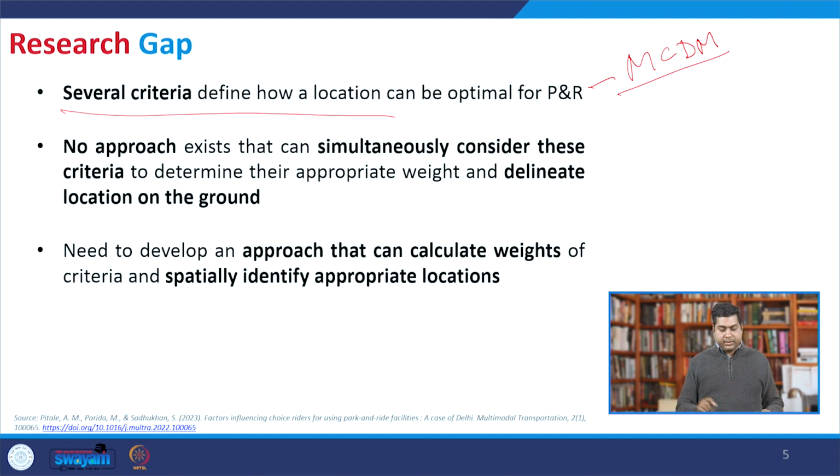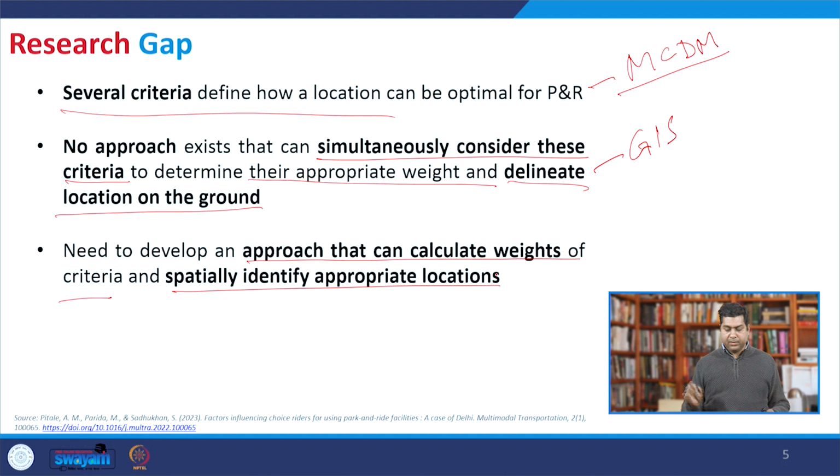No approach exists that can simultaneously consider these criteria to determine the appropriate weight and delineate the location on the ground. So whenever we want to delineate this on the ground, we need certain kind of spatial references. So GIS comes into the picture. So there is a need to develop an approach that can calculate the weight of criteria and also spatially identify the appropriate location. So we go for this method, where we